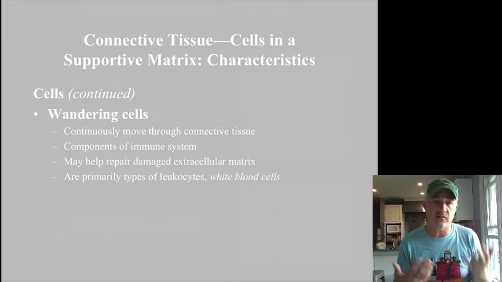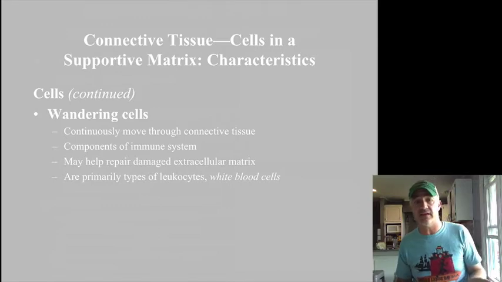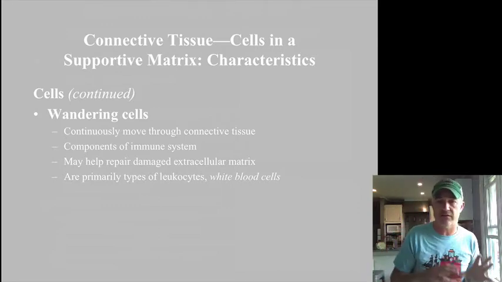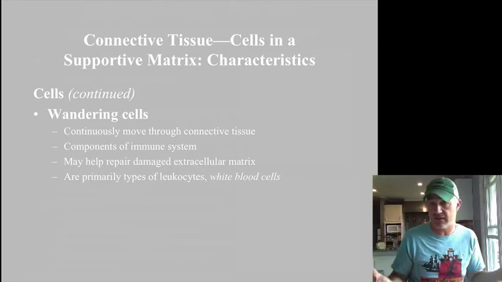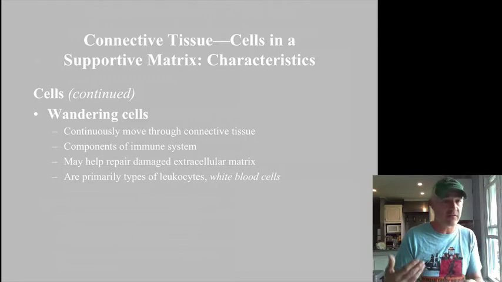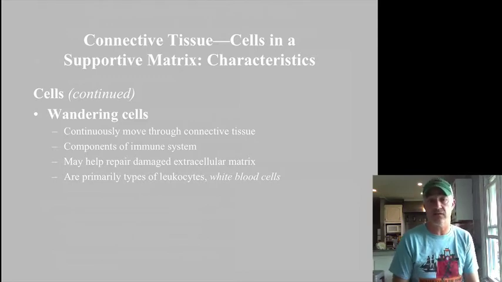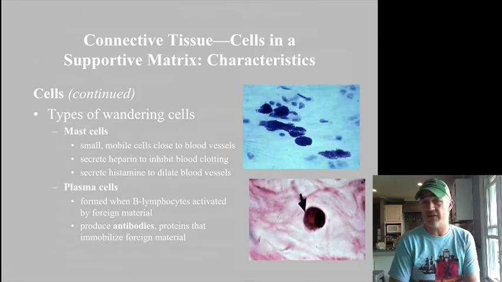The other thing is a lot of times we're going to have white blood cells that are going to wander through. Another name for white blood cells is leukocytes. These are immune cells that are kind of looking at these tissues, again because there's a lot of space here, usually underlying epithelium. It makes sense that we have immune cells in these areas. If anything is to penetrate that epithelium, these immune cells can start responding to it in those areas. So these wandering cells are all different types of